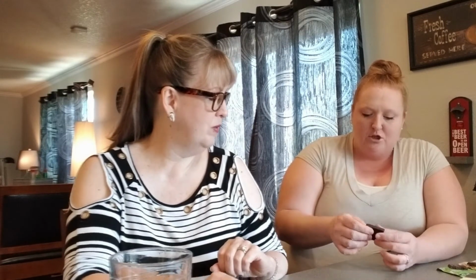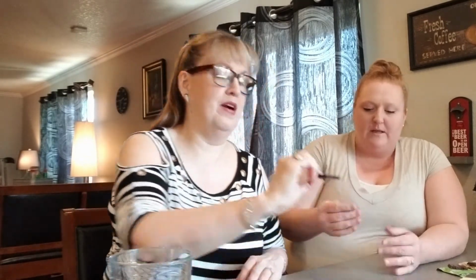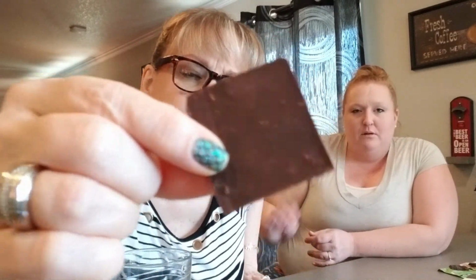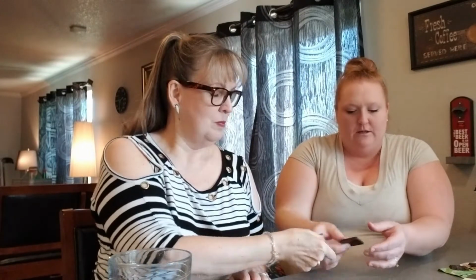And there's not huge chunks in there. If you look at the back of it, it's not going to be huge, chunky chunks of ginger. So if you don't like the huge, chunky taste of ginger, this won't have that, which is really nice. So I'm going to put that there because I know this is going to be, here's your...